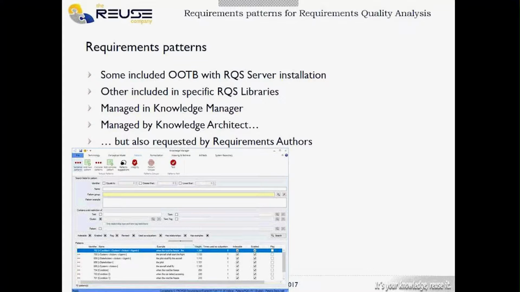Other patterns can be included in what we call libraries, and very soon you will see a library market on our website where we will be offering a number of libraries. Of course, you can manage and tailor all these patterns in Knowledge Manager, and also, which is one of the key topics in our approach for requirements authoring and requirements quality,